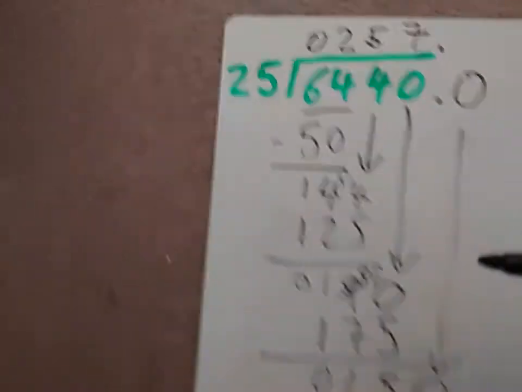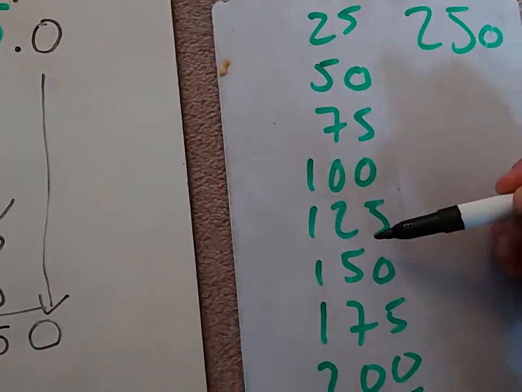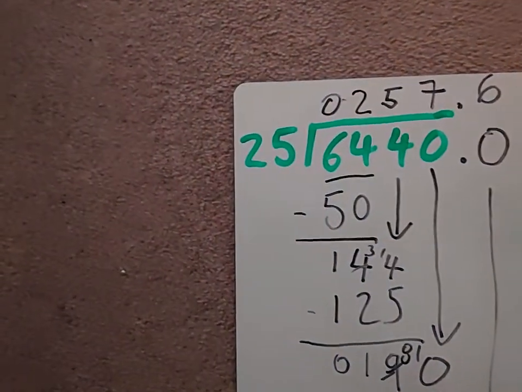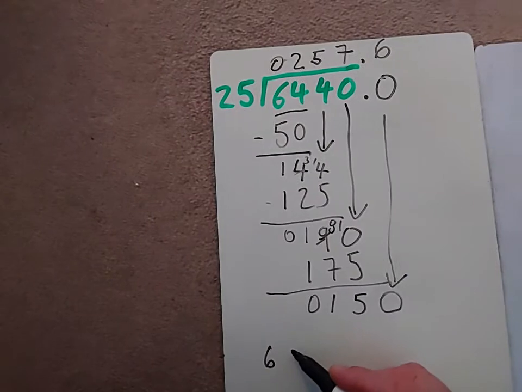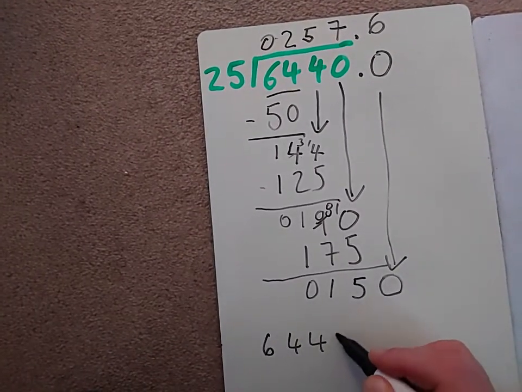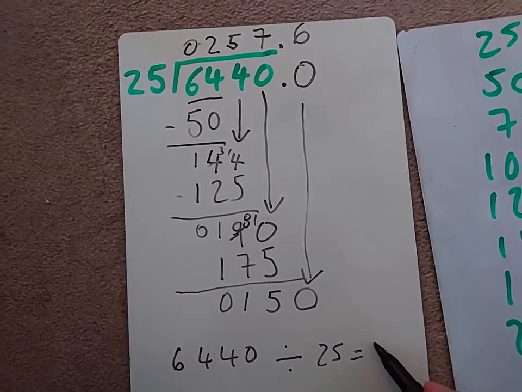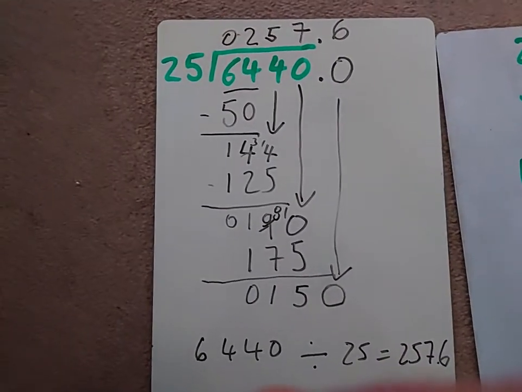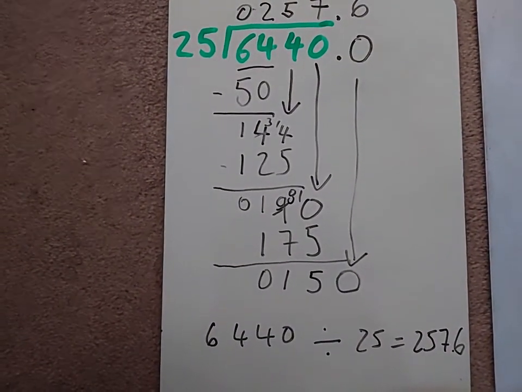How many times does 25 go into 150? 1, 2, 3, 4, 5, 6. And it went in exactly, so I know I don't have anything left to do. I have finished. There's no more remainders. So 6,440 divided by 25 equals 257.6. You may need to watch this video a couple of times if you want to practice, but that should